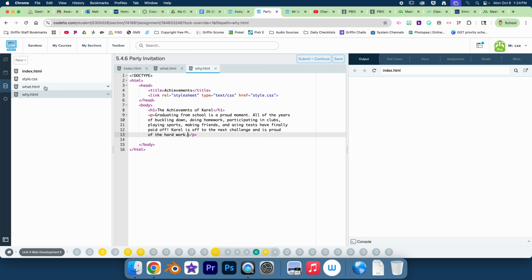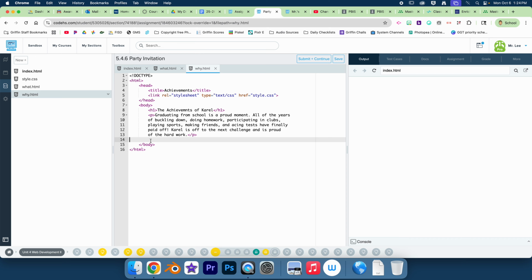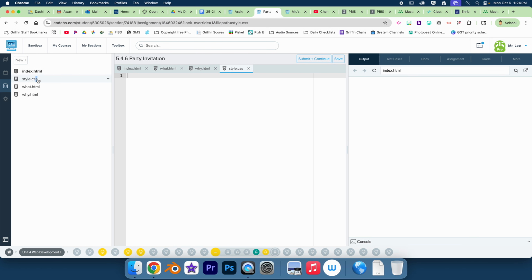And then we can go back to our what, and we can just copy this thing here. And we're going to put that at the bottom. Okay. And then I think we have to do something to CSS, so we're going to go to our style sheet. And we have nothing yet, so we're going to do body, curly brace. Oh, I'm not typing anything. So we're going to do body, curly brace,